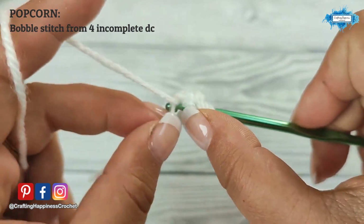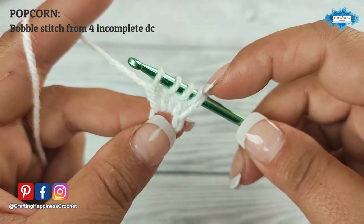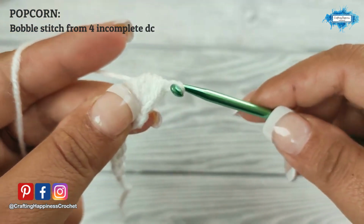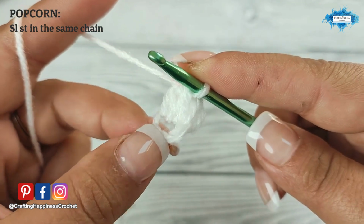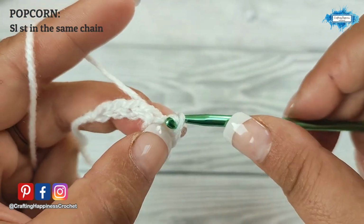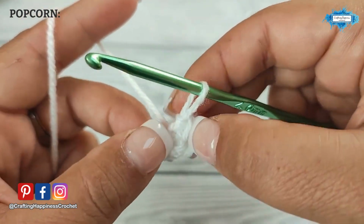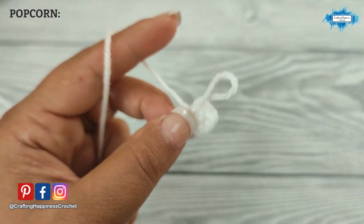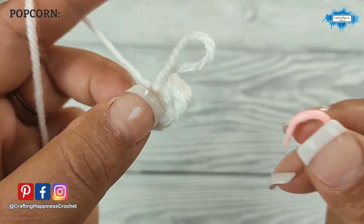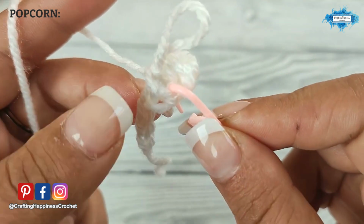3, 4. And now what we're gonna do is yarn over, pull through all, and into the same chain space make a slip stitch. And now once we're done with this chain, I'm gonna mark it because we will be crocheting inside of it again, but from the other side. So just mark it like that,